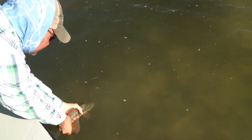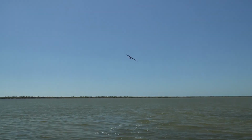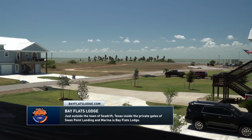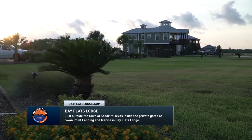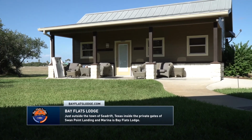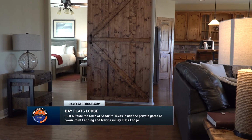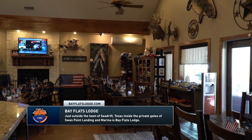Okay. So hey, Cody, so we're at Bay Flats Lodge. Tell us a little bit about the lodge. Tell us a little bit about you. The lodge has been going, I guess, since 2006, or actually 98. I guess they moved over there in 2006. We have about 4 individual houses where we can house people, corporate, private. We got a little bit of everything for everybody, plenty of guides to offer for big groups. And then as far as me, I'm from this area. I grew up here,